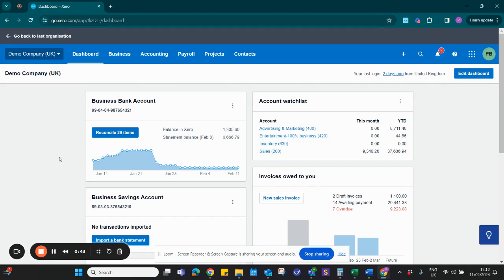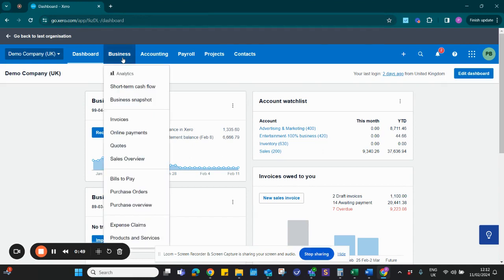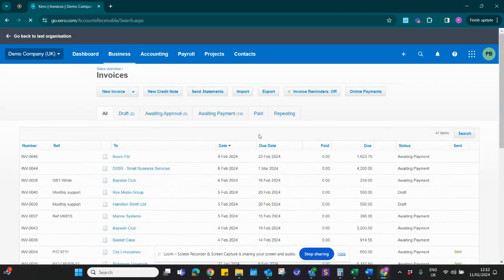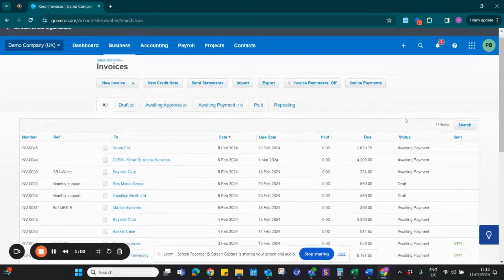So there's two methods in which you can raise a sales invoice. The first one is if you go to business. So if you click on it, and then if you click on invoices, this takes you to the full overview of your sales invoicing. And from here, you can see,